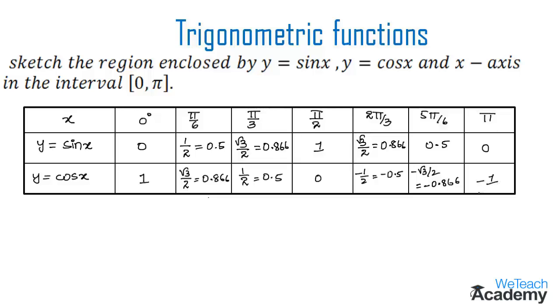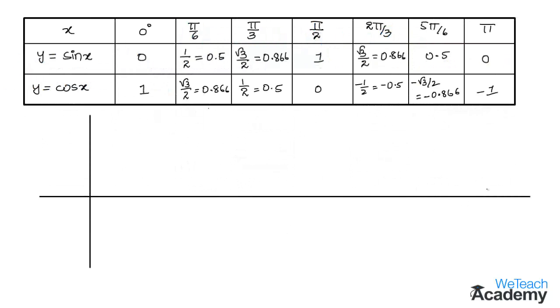And now let us plot the different values of y corresponding to the different values of x in a coordinate plane. So here there is a plane, and the horizontal line is called the x-axis, whereas the vertical line is called the y-axis. And this is the origin where the x-axis and y-axis intersect. And now let us plot the values of x on the x-axis, and then the values of y on the y-axis. So first, let us plot the ordered pairs for the equation y equal to sin x. The first ordered pair will be 0, 0. That is nothing but the origin.